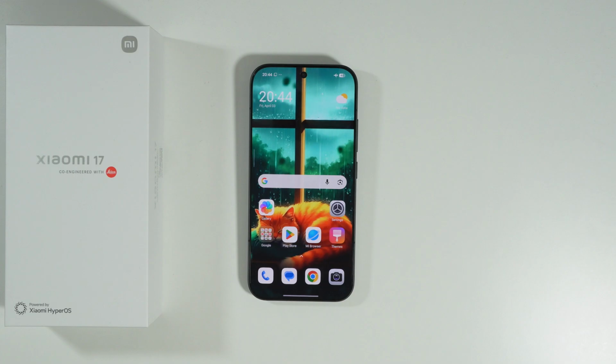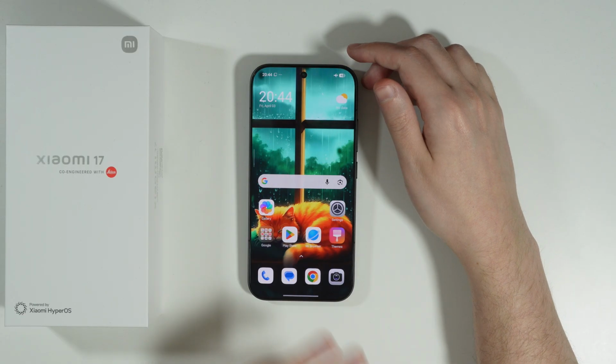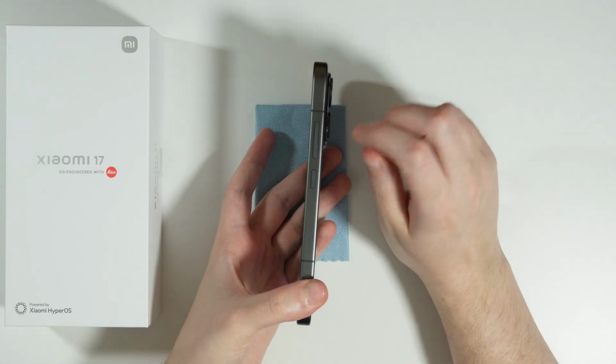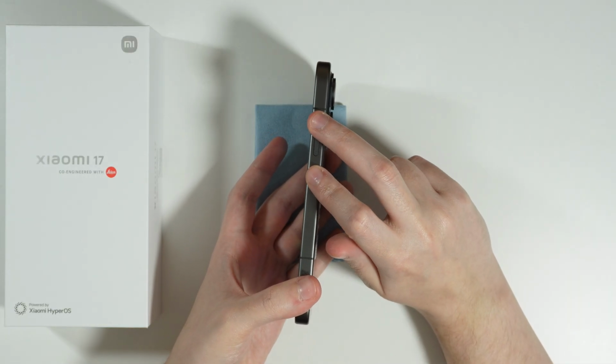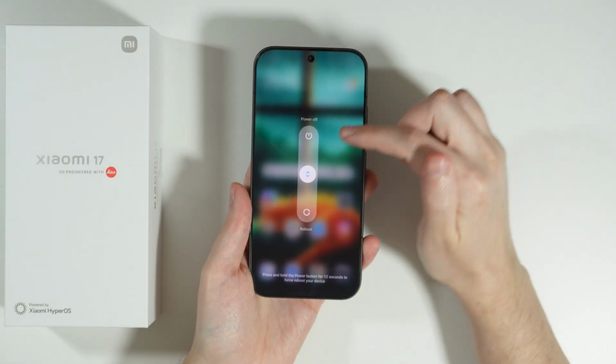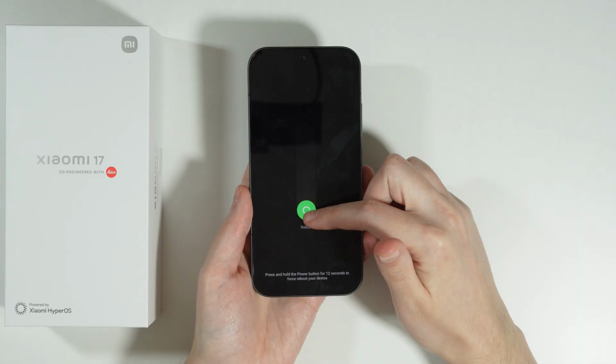Let me show you how to enter the download mode on Xiaomi 17 and how we can exit it. So first of all, in order to go to the download mode, we need to restart our phone. So I'm gonna use the power button and volume up button at the same time. There we go. Once we open the power menu, of course, we need to slide down over here to reboot